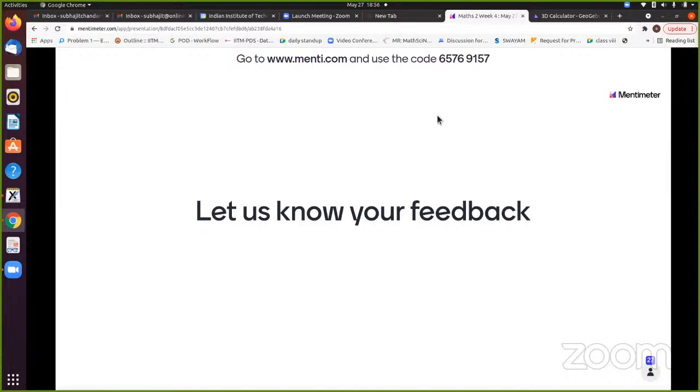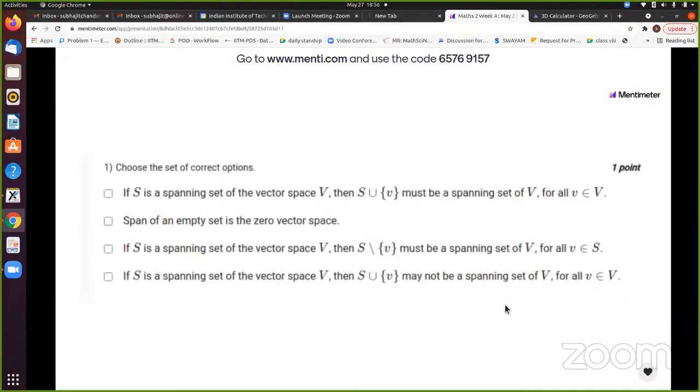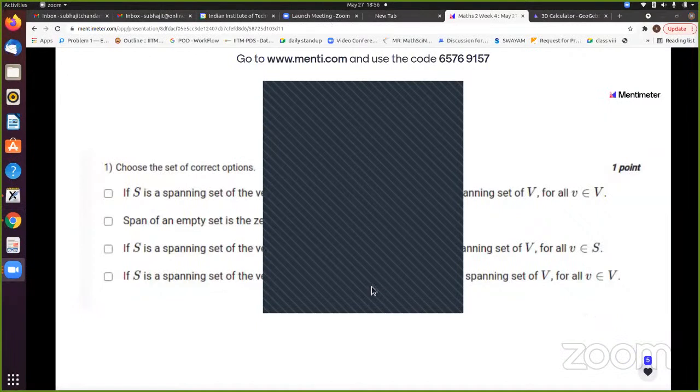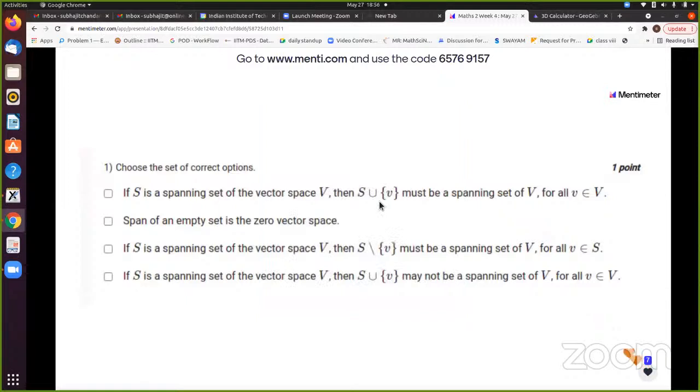Okay. So I am moving forward. If needed, I will come back later. So this is the first question which I want to discuss. This is an activity question. Is this week 3 or week 4 activity question? Week 4. Okay, probably week 4. So if S is a spanning set,